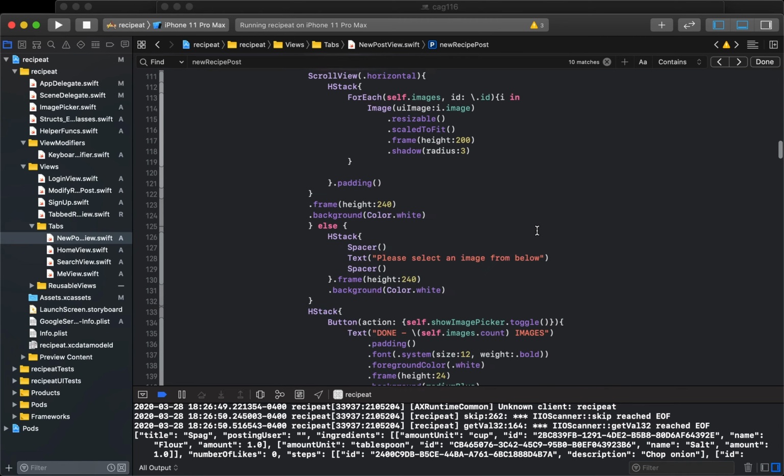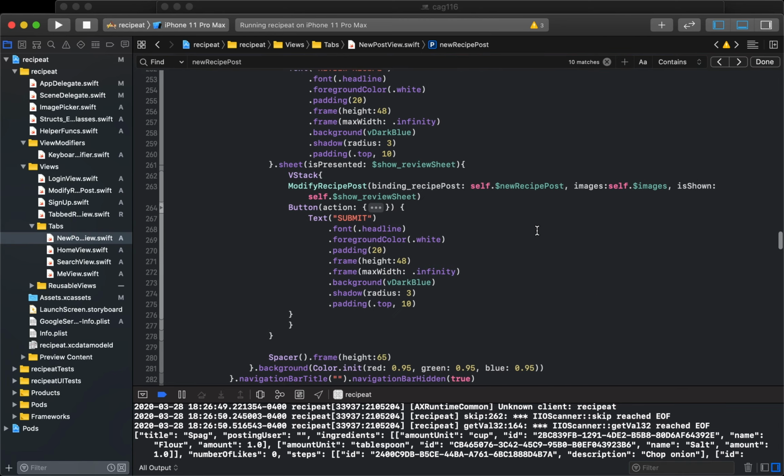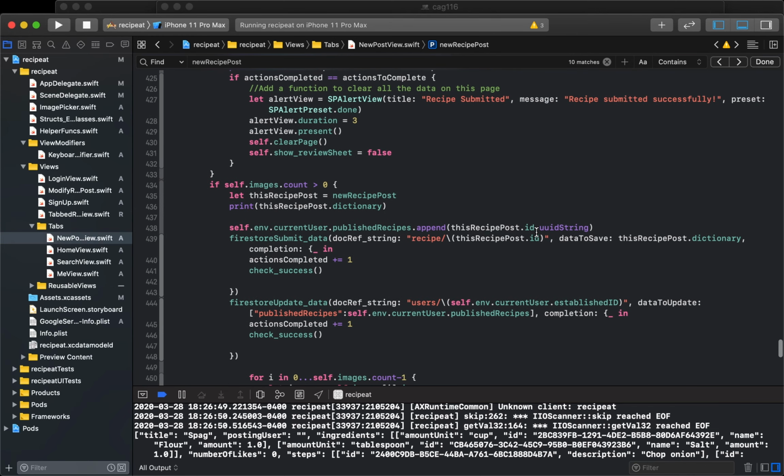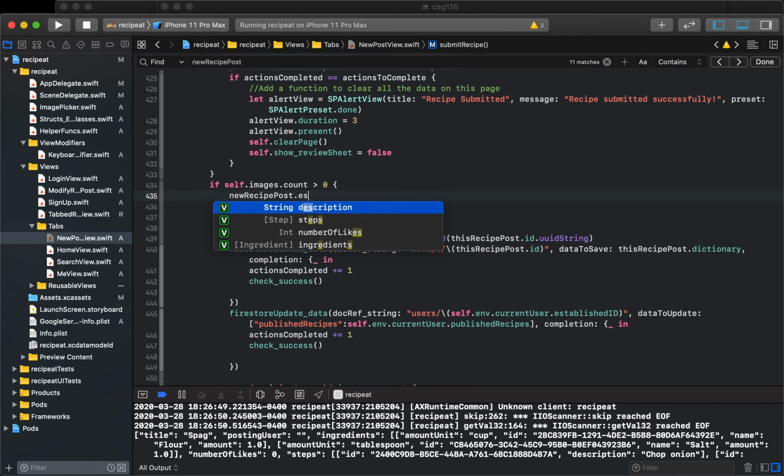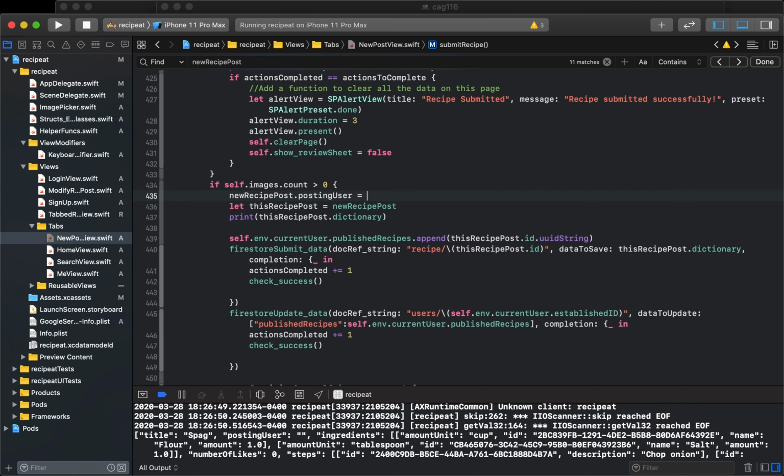A really good catch. So you scroll all the way to the bottom. When we needed to add one little thing. So this recipe post equals new recipe post. First thing we'll do is we'll just say new recipe post dot posting user is going to be equal to self.env.current user.established ID. And that should remedy that issue, okay? So if I save it and I run it,